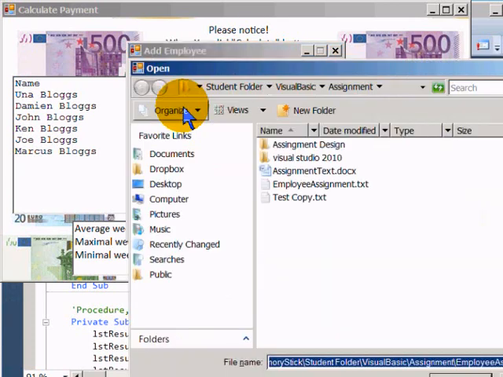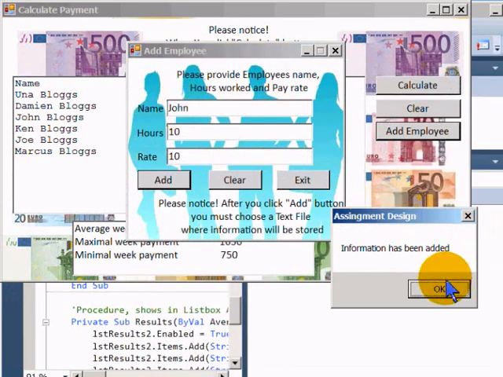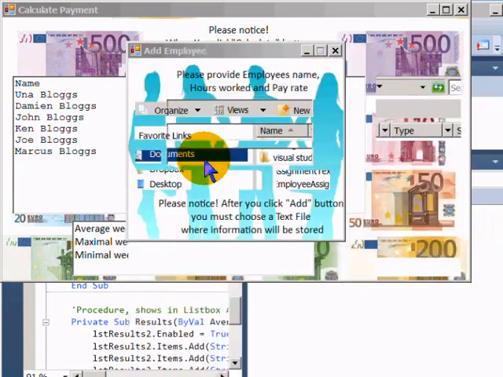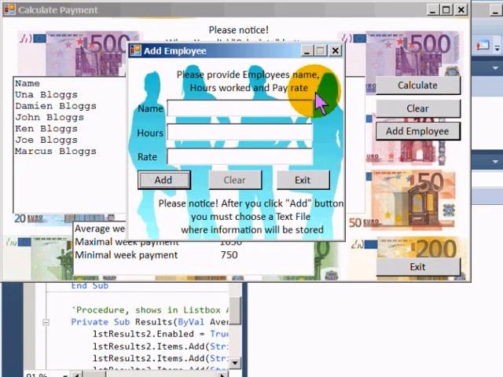And another like David, work hours, well, let's say 55, why not? And the pay rate was 40. So it will change our maximal. So they all are added to the same text file, and as you can see, the clear button is disabled if there is nothing in the text boxes. Once something appears, it's enabled,